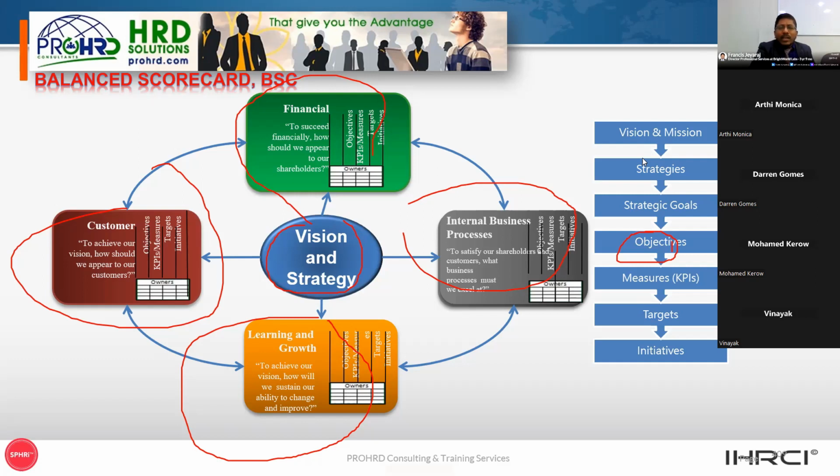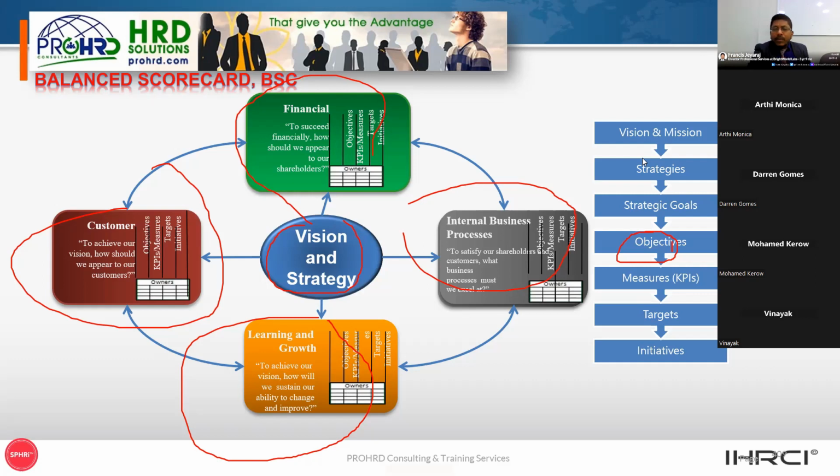KPI is relevant for the financial numbers, and it's not relevant for other scenarios. That's why OKRs are more relevant. Mohammed, you talked about OKRs. OKRs are very relevant. The KPIs are only meant for things that have a number, a target, something measurable, right? But OKRs have a broader scope.